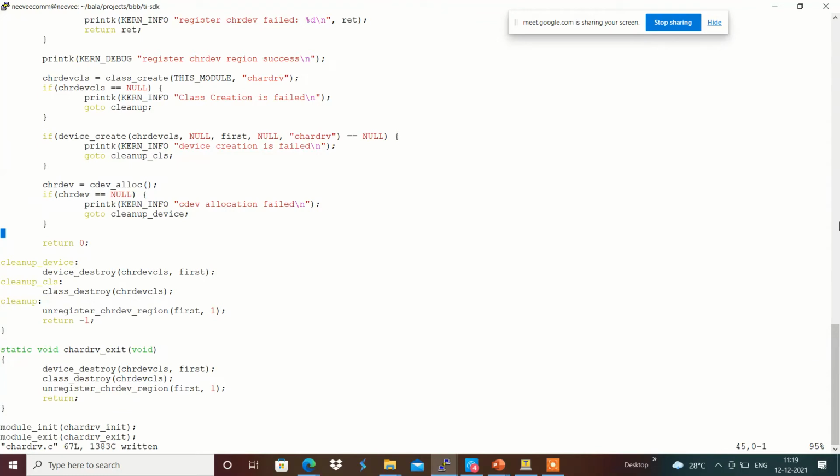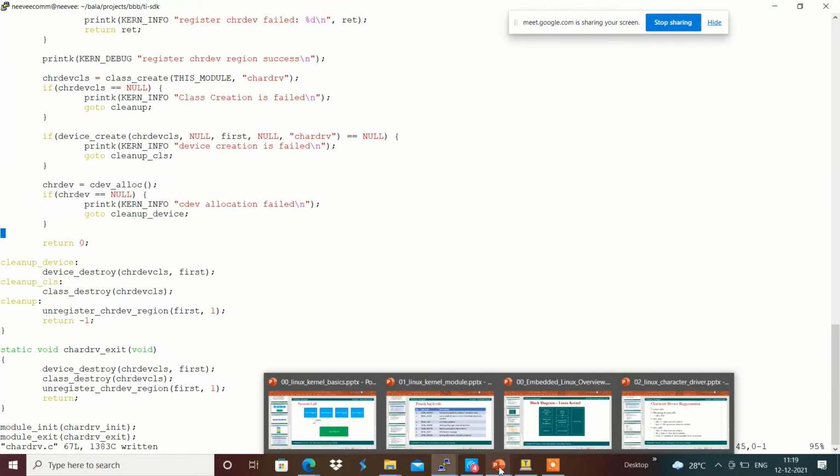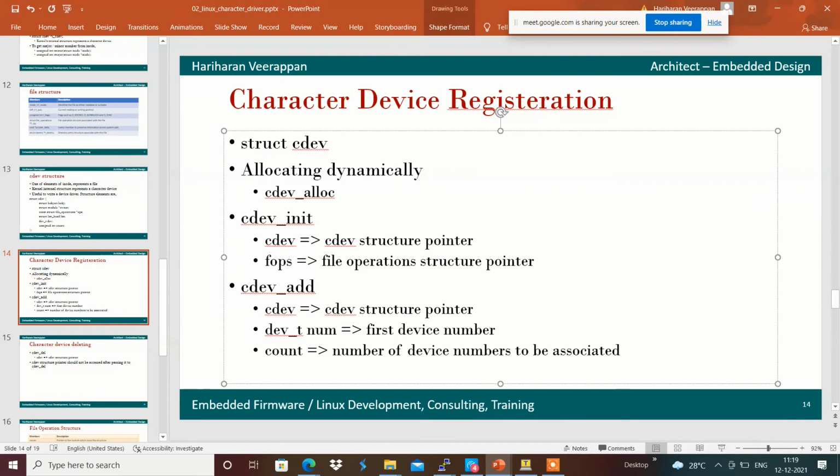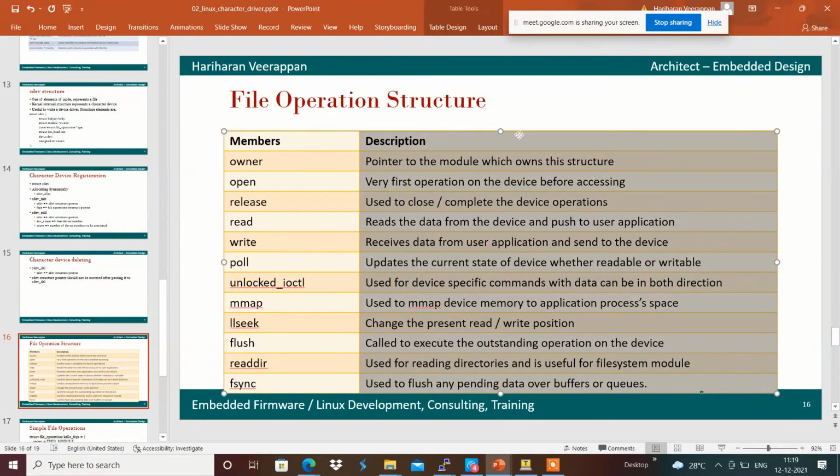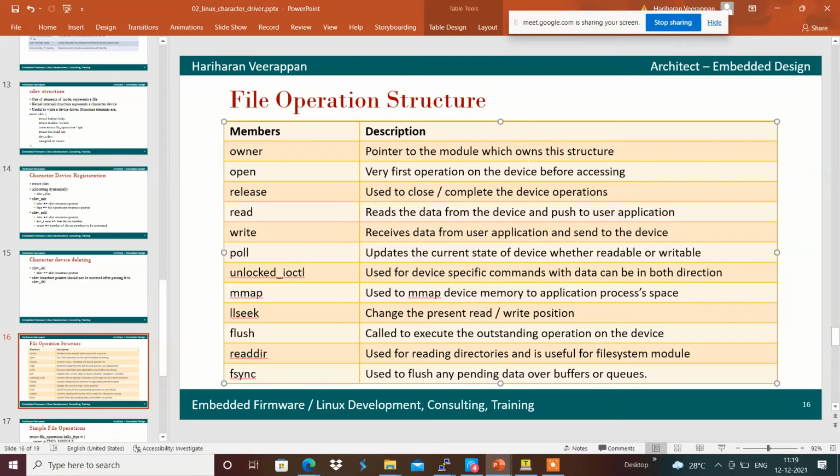In order to do that, we will see what the file operations structure is over here. For example, we have cdev_init, which is connected with the file operations fops structure. The file operations structure has different members, something like owner, the open callback, and the release callback.